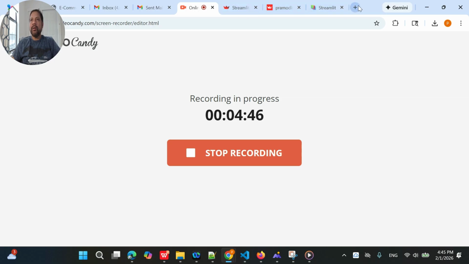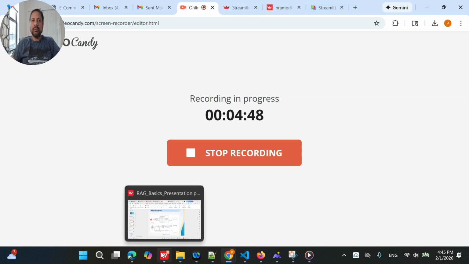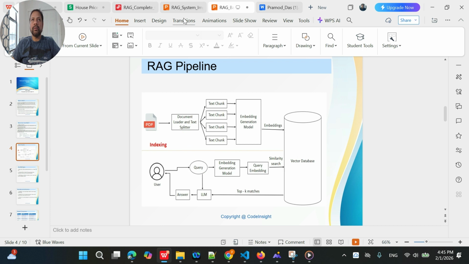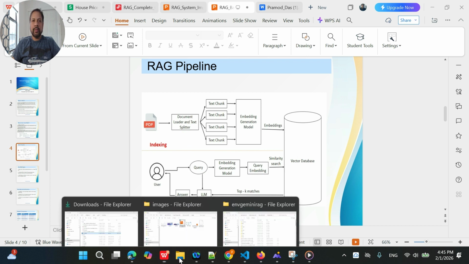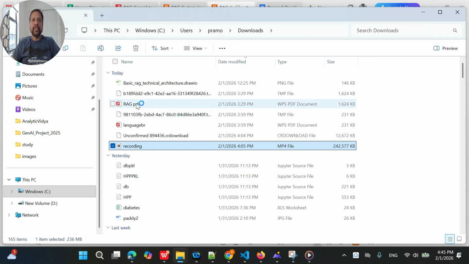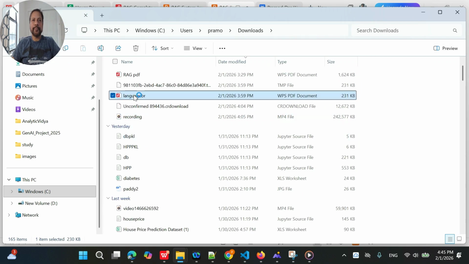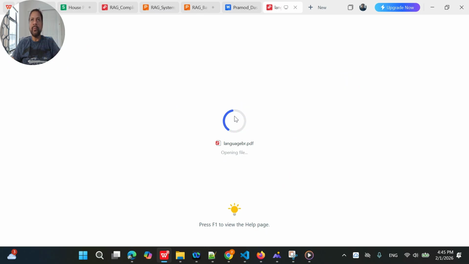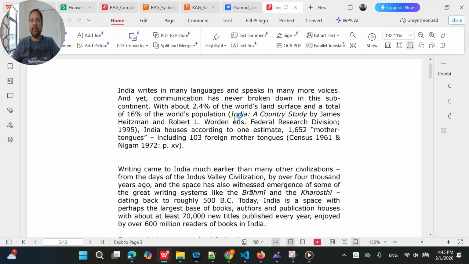Let me download it. I think it's already downloaded, right? So let's say this is a PDF document. How many pages does this PDF document have? 10 pages, right? Now I will ask for any information from these pages, but the LLM will not provide it correctly